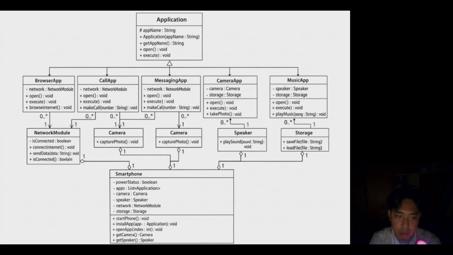The Application class is the top of that hierarchy. This is an abstract base class, and it sits at the top because every app in our system is built from it. It holds a protected attribute called appName, a constructor, a getAppName method, and two behavioral methods, which are open and execute. The execute method in particular is meant to be overridden by every subclass,